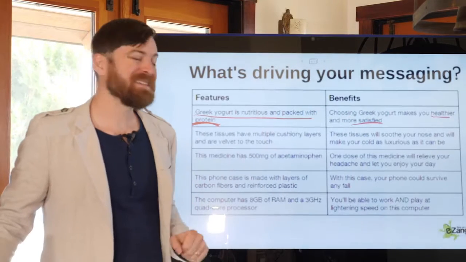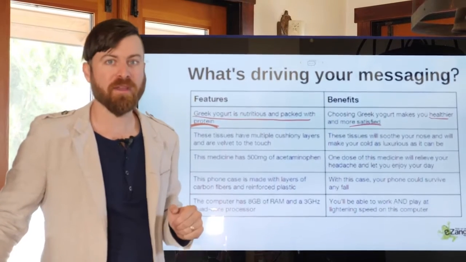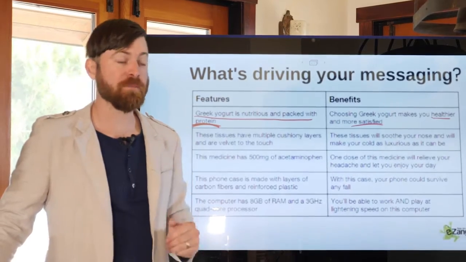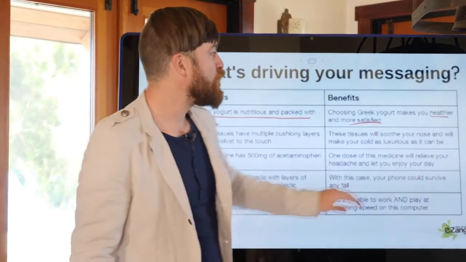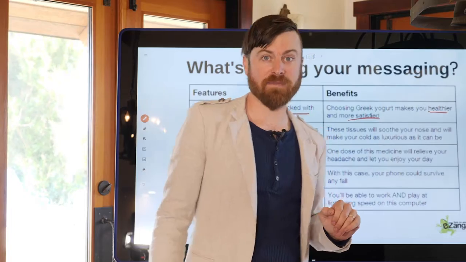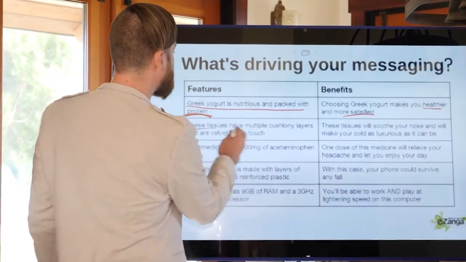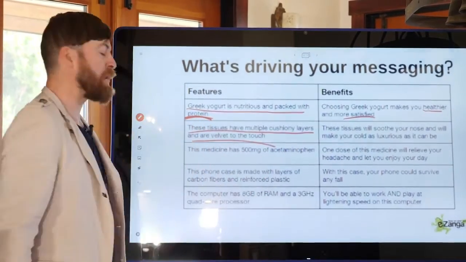They'd say, oh, more protein, that means it's healthy. Whereas benefits spell it out for the customer. They make it easier for the customer to understand what they're getting. Benefits say you're getting healthier. You feel more satisfied. A feature is saying these tissues have multiple cushioning layers and are velvet to the touch